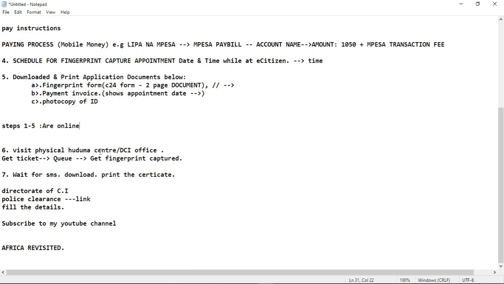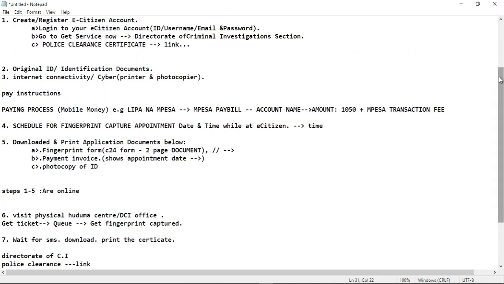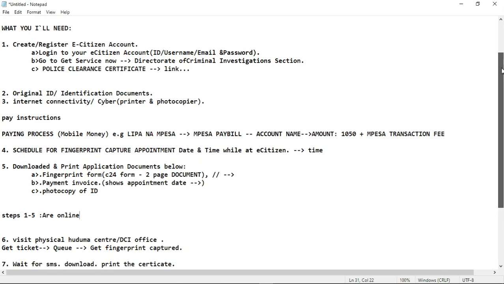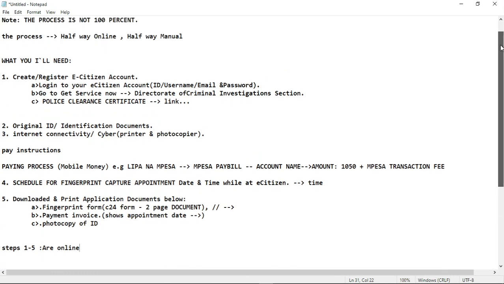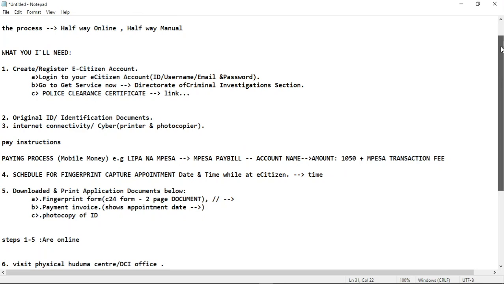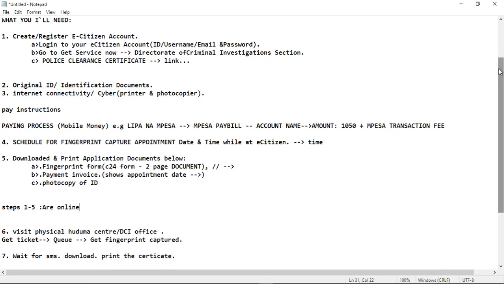It also has the Huduma Centre you chose. Remember, you scheduled this process here. You chose which Huduma Centre you want to get your fingerprint captured at. It's not a must to use Huduma Centre, but nowadays people prefer it. So you also need a photocopy of your ID. That's why I said you need a